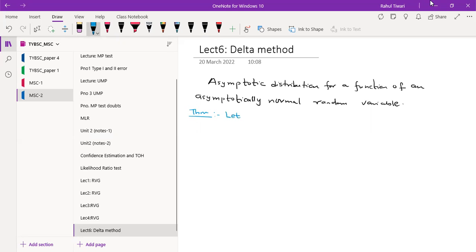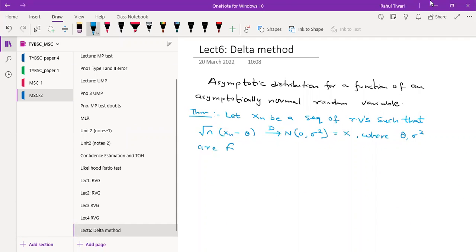so let Xn be a sequence of random variables such that root n (Xn minus theta) converges in distribution to a normal random variable with mean 0 and variance sigma square. We can assume this is maybe a function of your random variable X, so Xn converges to X, where theta and sigma square are finite constants,